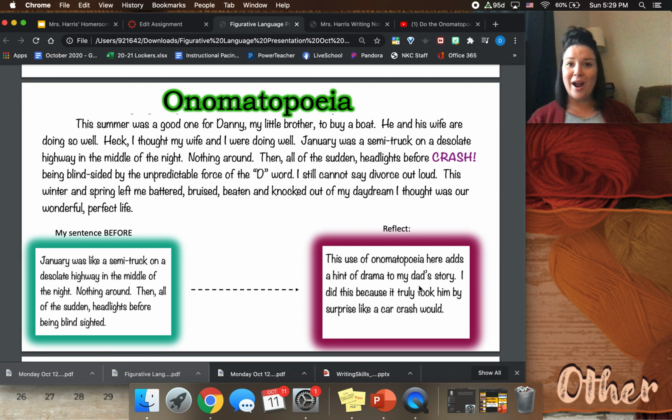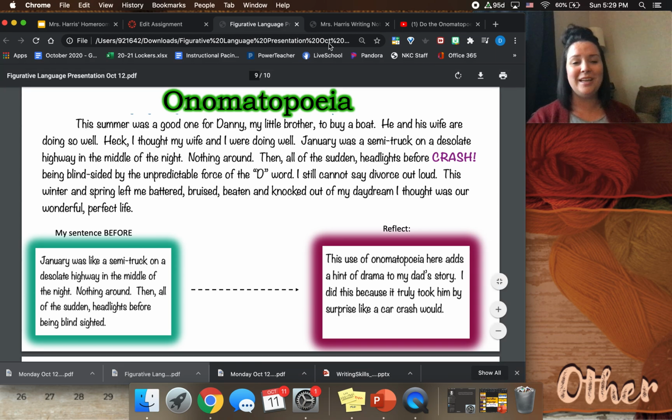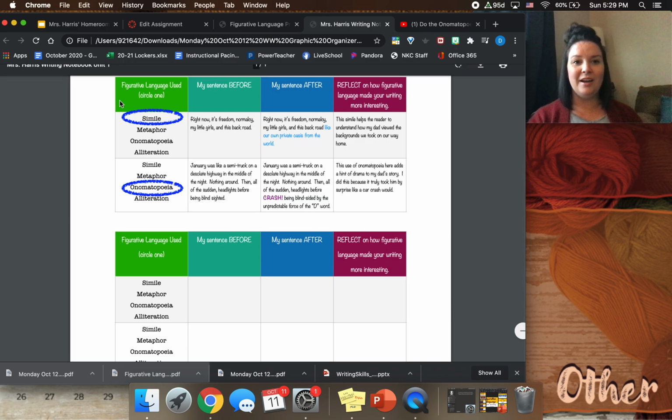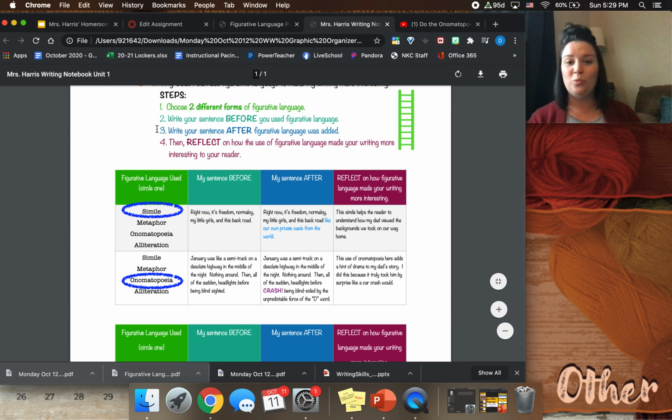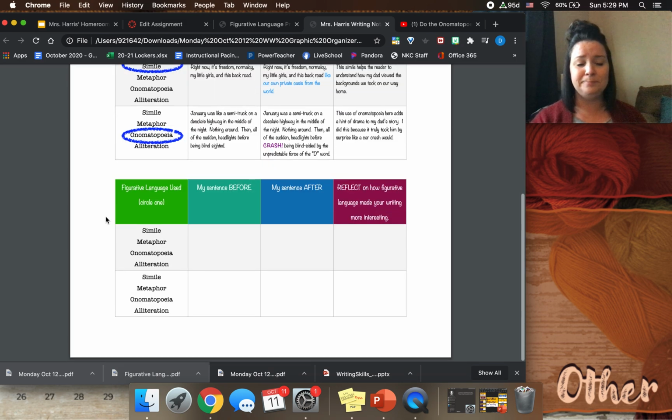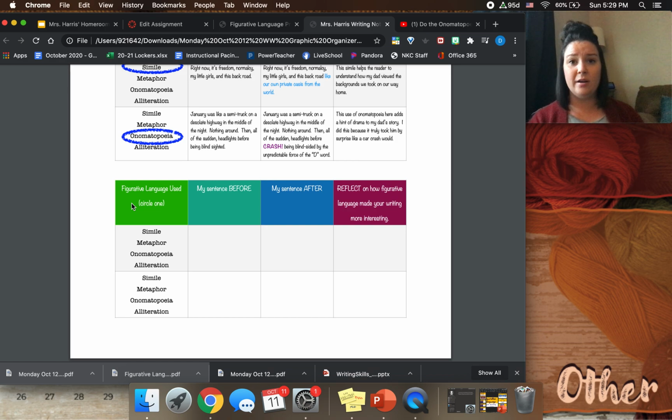All right, so writers, this is your task for today. You are simply going to be plugging in these forms of figurative language in this little form so that we don't have to see your whole draft today. We simply want to see that you're trying these things out. So what can you do to make your writing more interesting to your reader? All we want you to do today is think about one form of figurative language of these 4 that you can try. Tell us what your sentence looked like before, what your sentence looked like after, and then how did that figurative language make your writing more interesting to your reader?